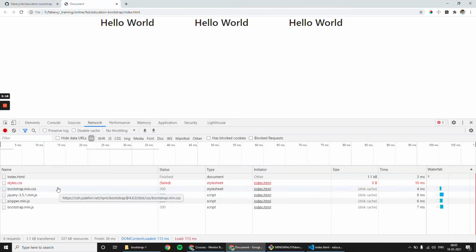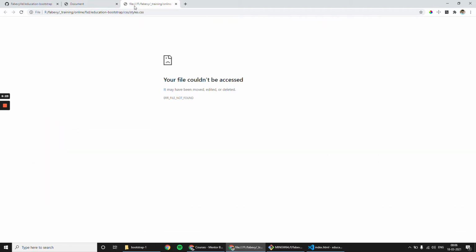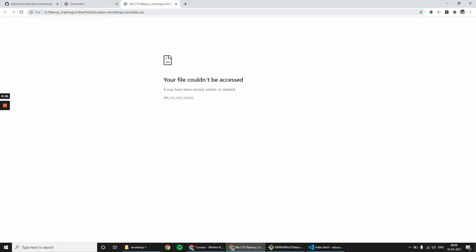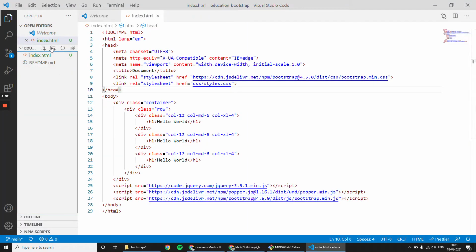It is inside the CSS folder. Right click on it and click open in new tab. It will tell you your web page is index.html and the file that you call is css slash style.css. So you need to create a folder and create that file.